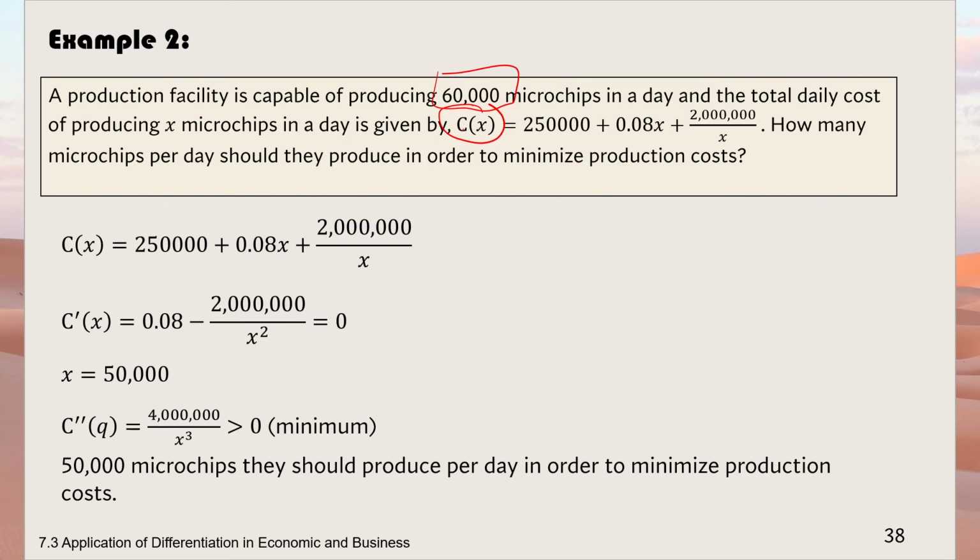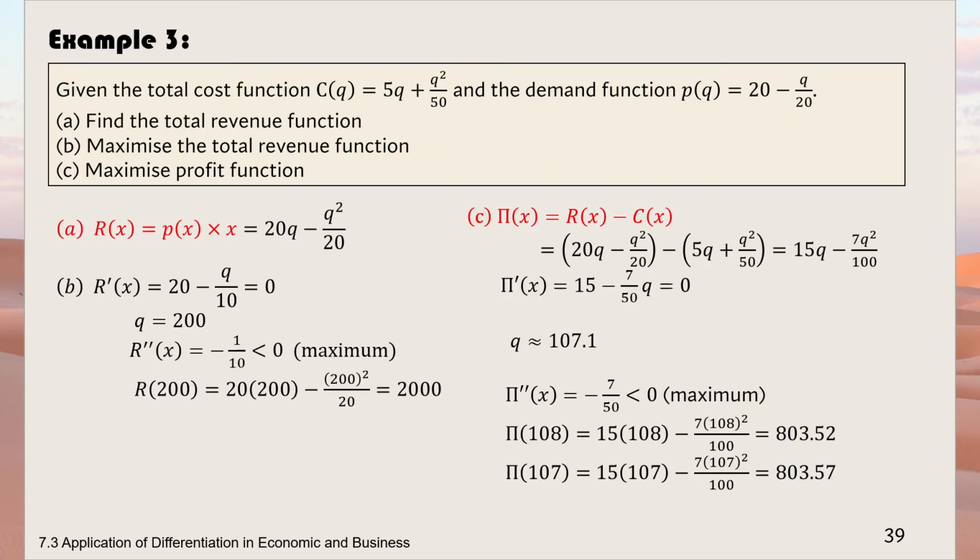Maybe you would say that if they produce more, then you can earn more money, but not necessarily in that way. And then example 3, given the total cost C(Q) and the demand function is P(Q), now find